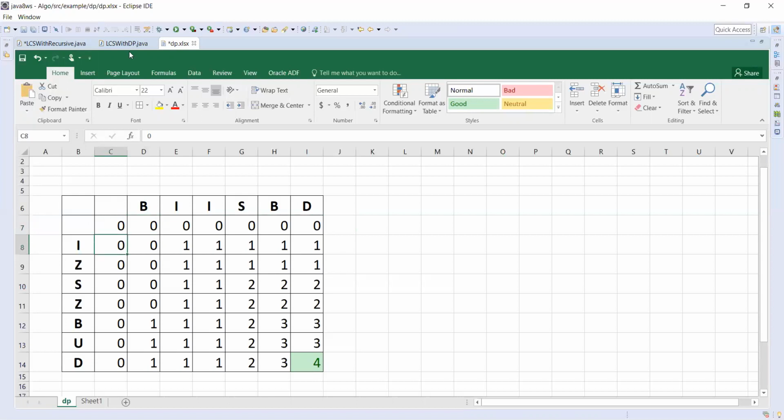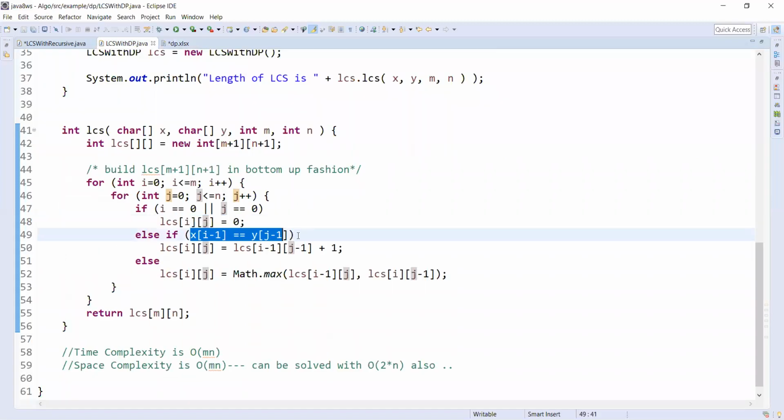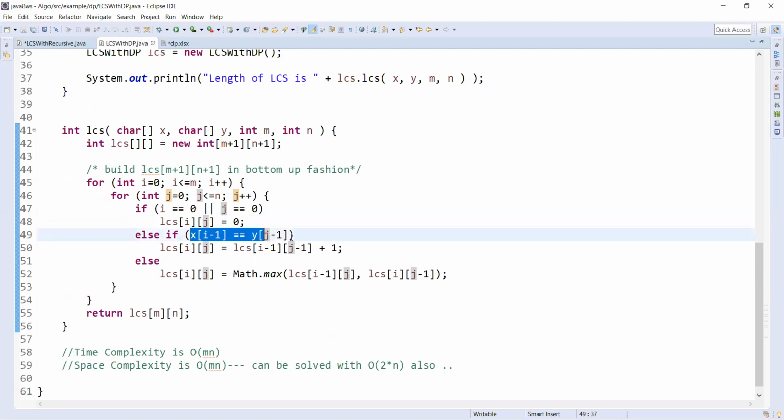And then we see if both characters are the same. As we are starting with 0, which is already populated, we can go for the actual ones. If both are the same, x of i minus 1 equals y of j minus 1. So when i is 1, it is x of 0 and y of 0, because our array starts with the 0 index.